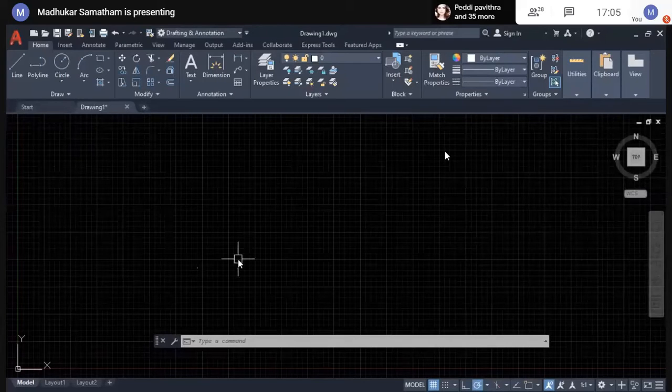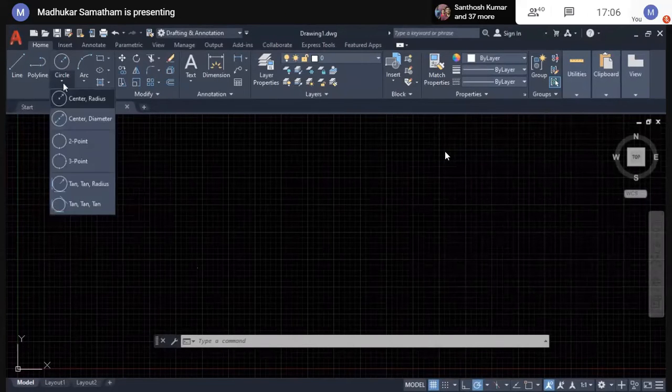Today we will discuss the draw toolbar. What are the draw toolbar options available? How best can we use them? By using those draw toolbar entities, how do we create different types of drawings? What are the options available for each and every draw toolbar option? Like when you go to the circle, there are a number of options. Spline, different types of options that I am going to explain. We will discuss these things.